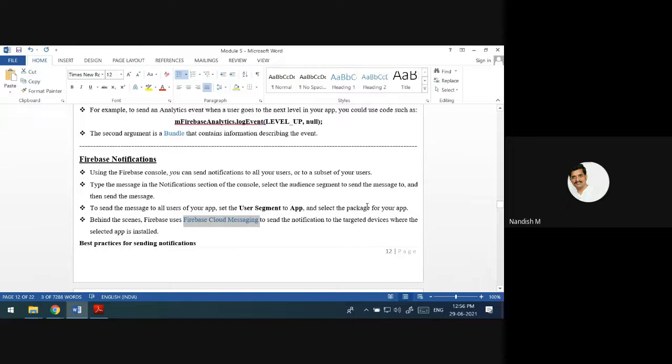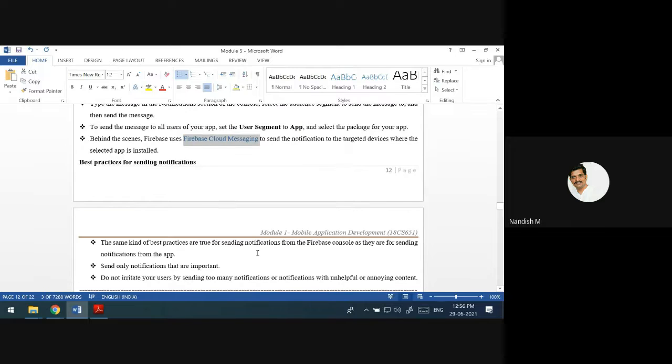What are the best practices for sending this notification? The best practice is that you always send only the notifications which are important. You should not irritate the users by sending unnecessary information. Project is created, project is deleted, some project attribute name is changed. All this information you should not send as a notification to the user, because that is not at all required.